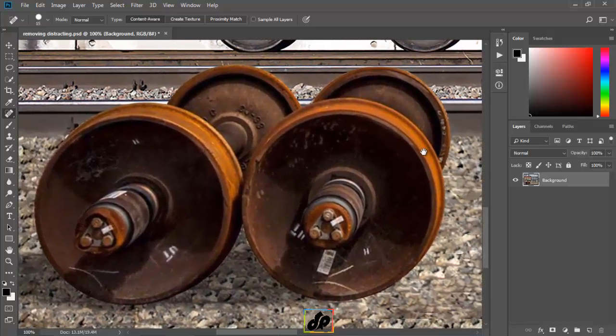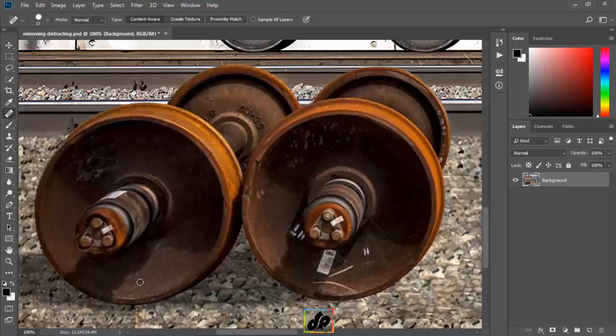With the spot healing brush, we simply have to paint over the area we want to discard. Photoshop will automatically use the content-aware technology and fill that area. We will move down and remove the U and this T. Sometimes we will have to move over the same area more than once, depending on the results of the calculations. We will then move over here, remove that element and this scratch as well.